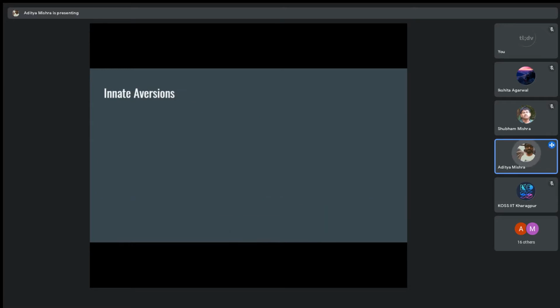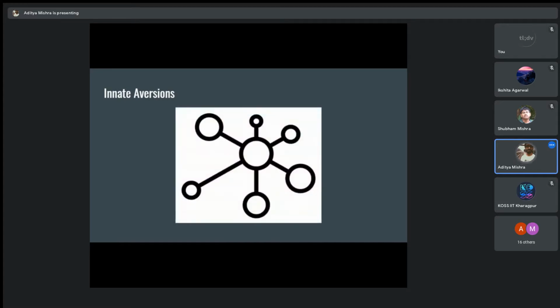Now, the human brain has a lot of innate aversions. You can think of them like nodes, similar to ones in a machine learning model, perhaps, in the sense that all of them lead to a common link, yet each holds a different weight, which varies from person to person. The common link here is death. Each innate aversion inevitably and eventually leads to the fear of dying, because, of course, that's the point of evolution, that's the point of survival: to avoid death.